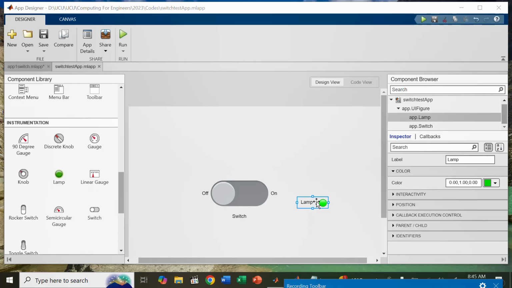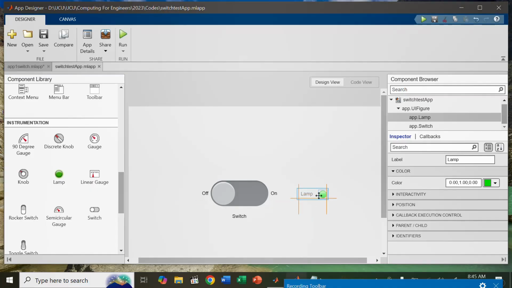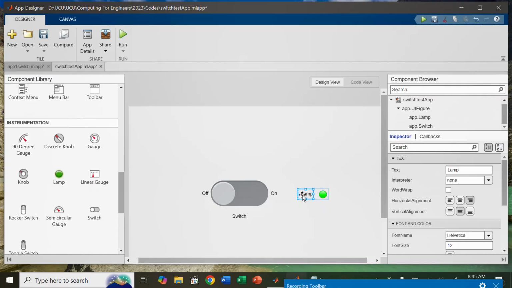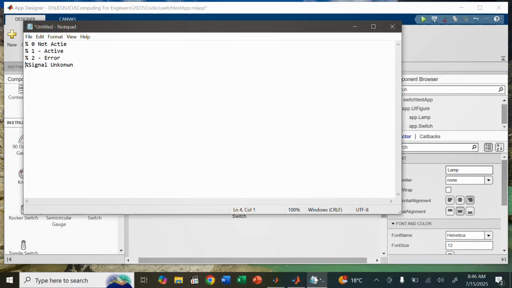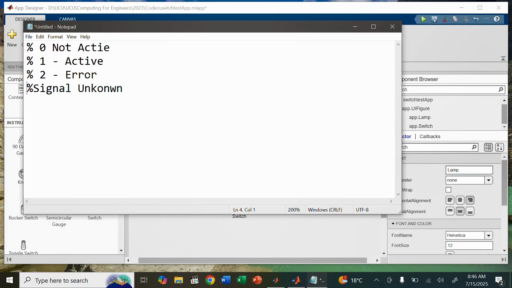So we're going to use this lamp, not going to change the lamp, but let's just rename that. What we want to do is code a program, and our program should be able to tell us